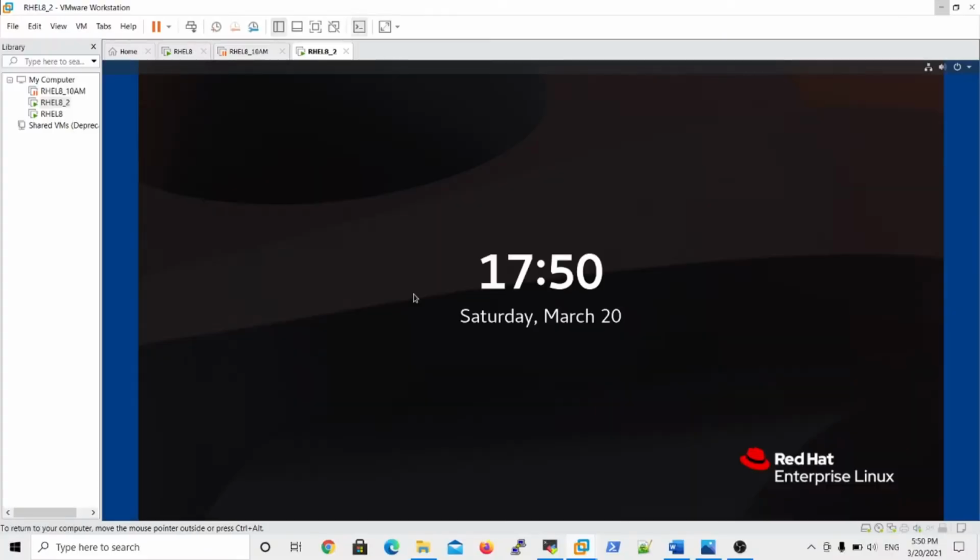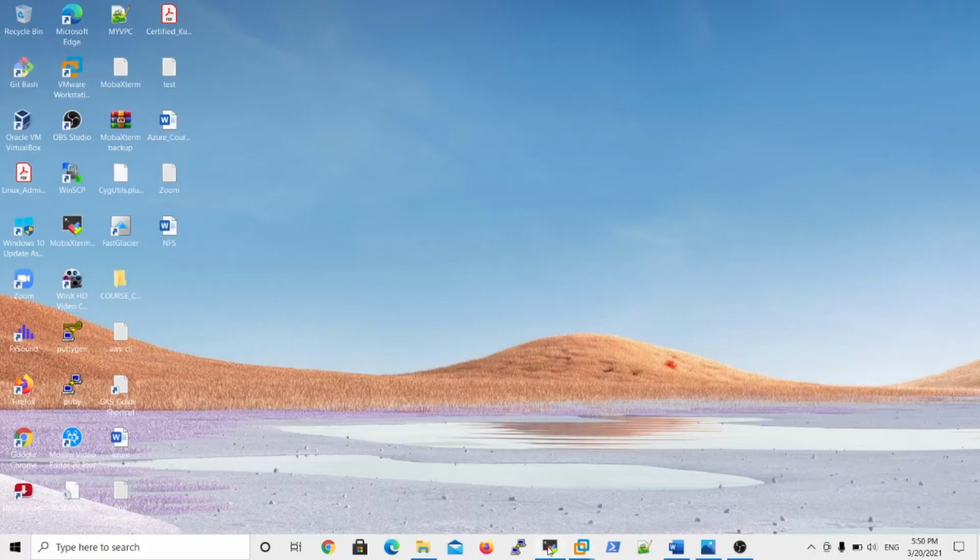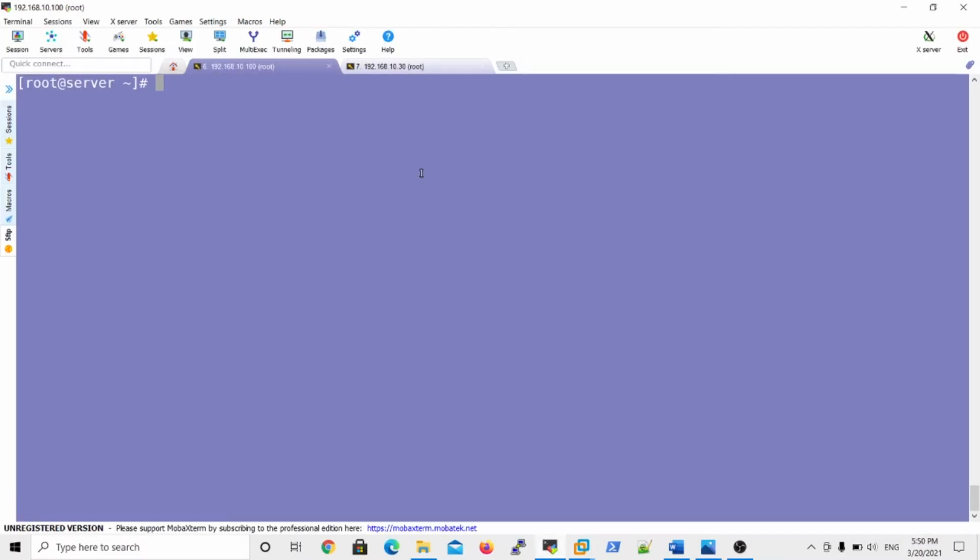Right. So here we have two machines already connected. One is 192.168.10.100, and the machine name is server, so server.example.com.